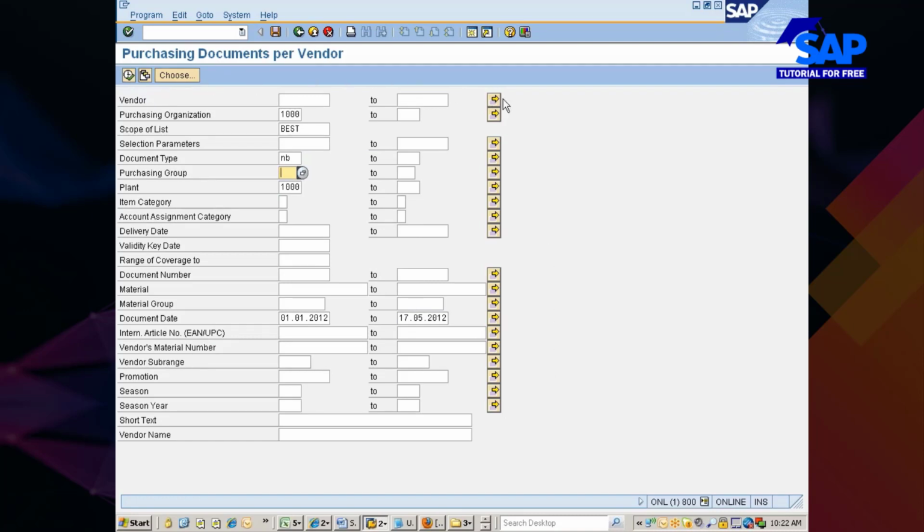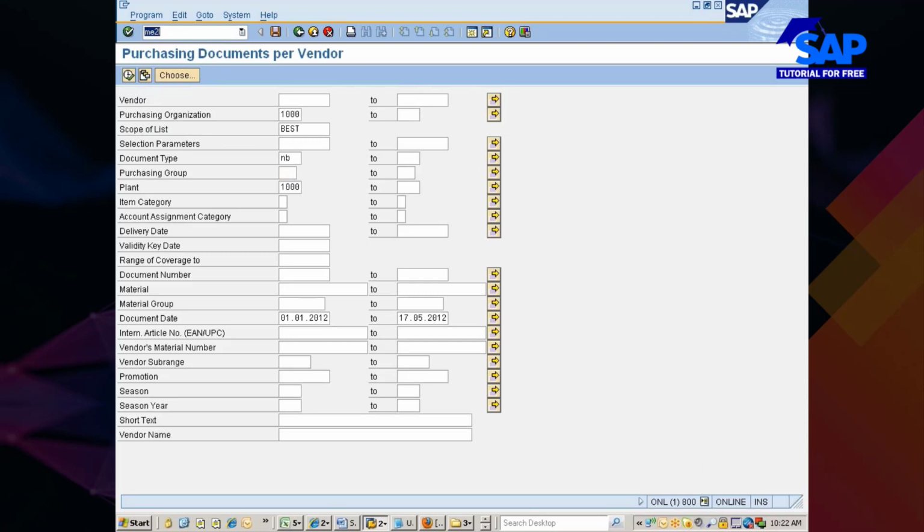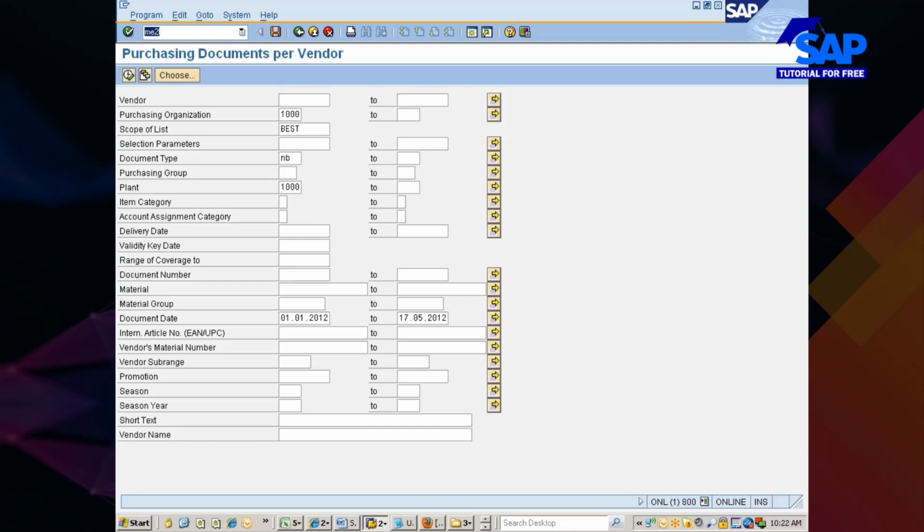How do you get access to this? I have entered here ME2L. This is nothing but a transaction code. The transaction code I have entered in the client layer, in the presentation layer. So this ME2L has been passed to my application server, where this application is residing. Once there is a program relevant for this ME2L, if it finds it, then that application triggers, which will have this user interface screen, and then the system allows me to enter data into the respective fields. This is called user interaction with the application.